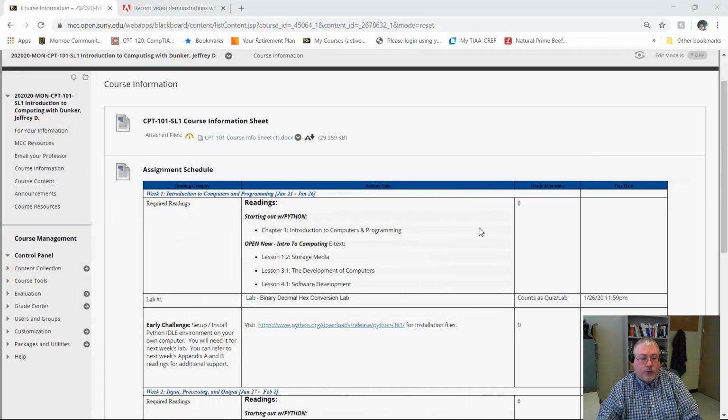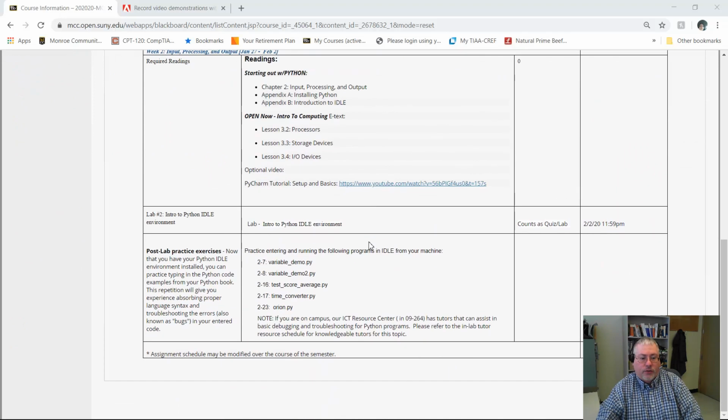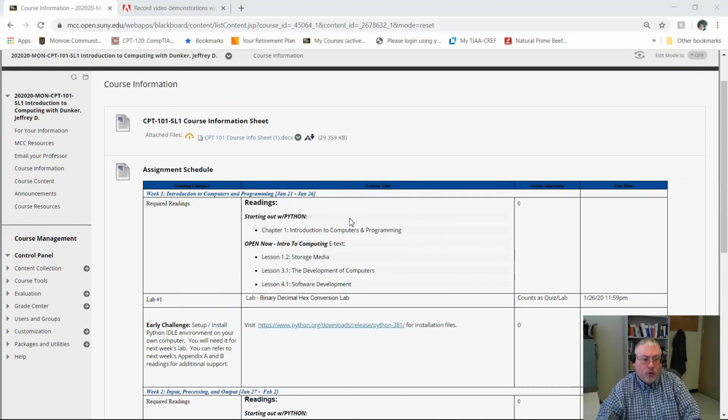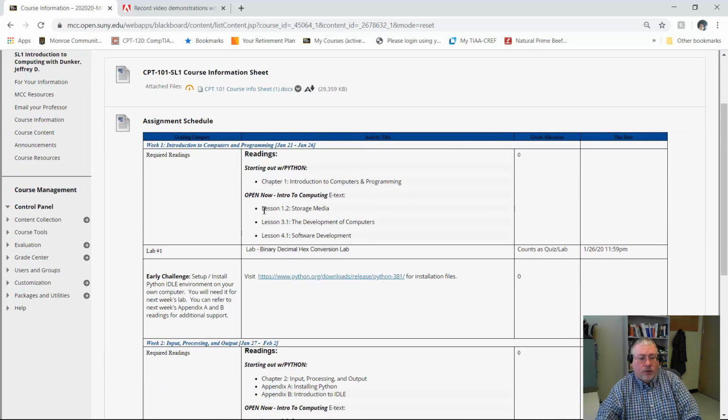So without further ado, let's take a look at the assignment schedule. That's the second item under course information, and I'm going to be updating this throughout the semester, but I've put out there the first 2 weeks for the course, and it's basically formatted. Each week you'll have some required readings to do from both books. Starting out with Python, which is the paper text, but you can also purchase it in PDF format. So starting out with Python 4th edition, you'll be reading chapter 1 for this week, which is roughly 30 easy reading pages. But also from the Open Now text for Intro to Computing, you'll need to read 3